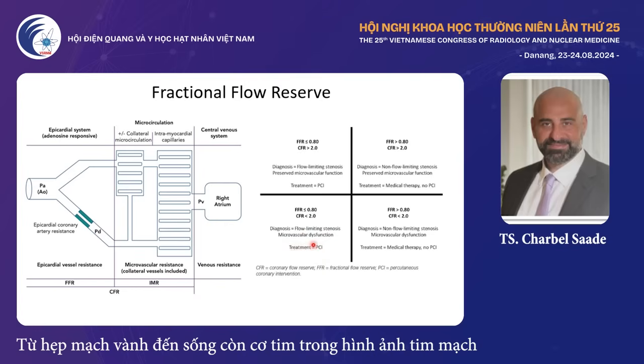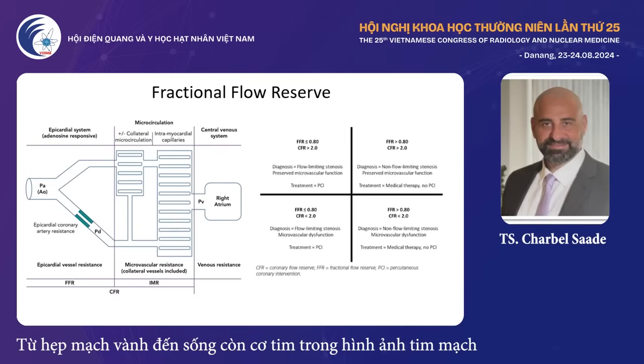And if your FFR is greater than 0.8 but your CFR is less than 2, then of course you would need to have medical therapy and no PCI. And this is critical here. If you can remember these 4 critical areas of FFR and CFR, this will give us a really good indication